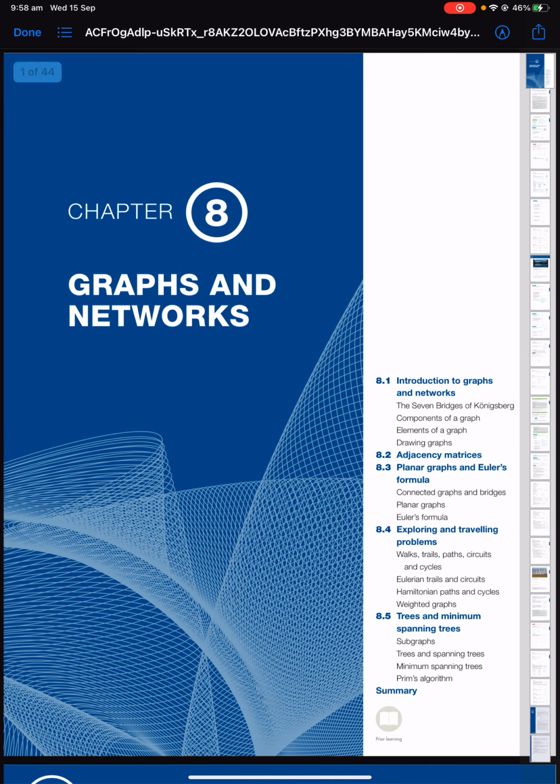Hello everybody, welcome to chapter 8. This unit is going to involve us having a look at graphs and networks. So it's going to take a little bit of our information that we've learned during our matrices unit and then move into networks. So what we're going to be looking at today is chapter 8.1, which is looking at introducing